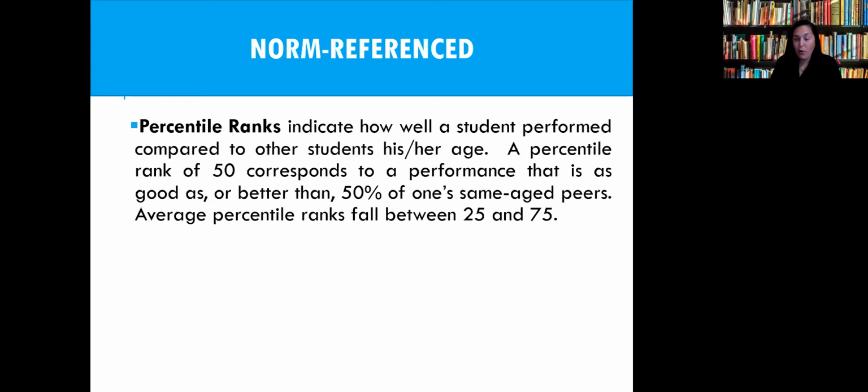Okay. And so that may be very beneficial information when you're thinking of it in those terms. If a student was in the 3rd percentile in basic reading, and they are the age they are now, the age they're working with you, 18, and that's the most recent assessment that I have for this individual, that means that they are performing as good or better than 3% of same age peers.